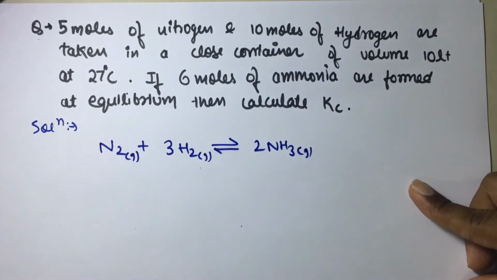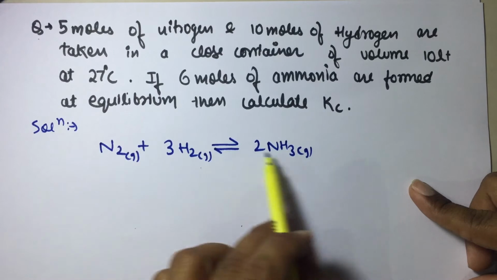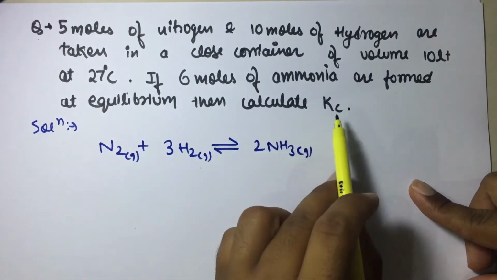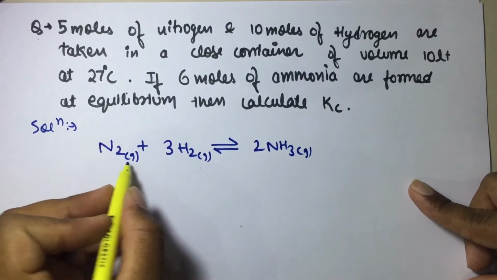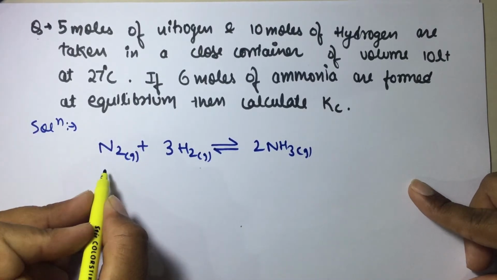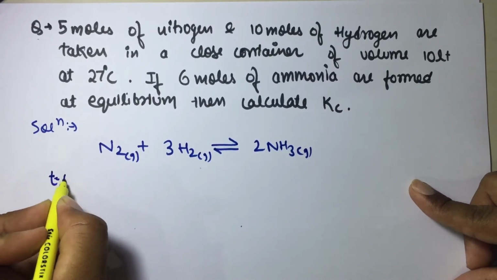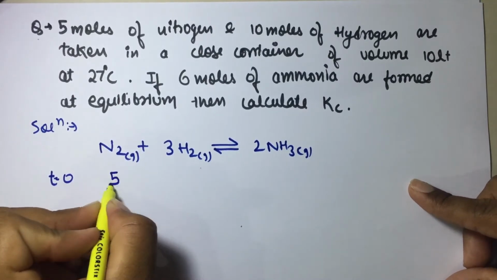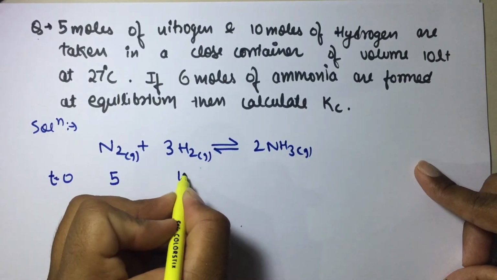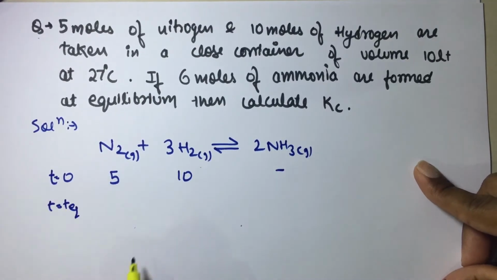In equilibrium, reactions are always given in the question, because if you write the equation in a different orientation, like if you divide the whole reaction by 2, then the value of Kc will be different. So this reaction will be given in the question. Now the first step is to write the number of moles at t equal to 0. In the question, 5 moles of nitrogen and 10 moles of hydrogen are given. Now at t equal to equilibrium,